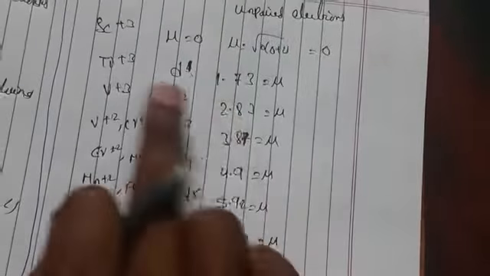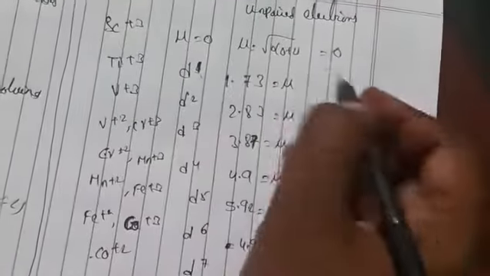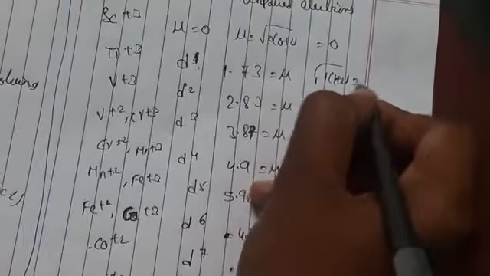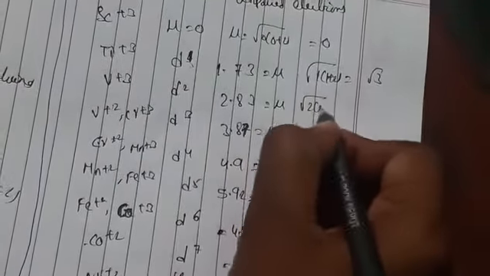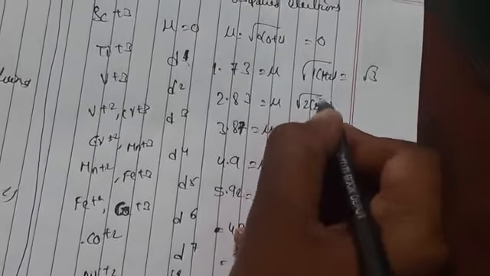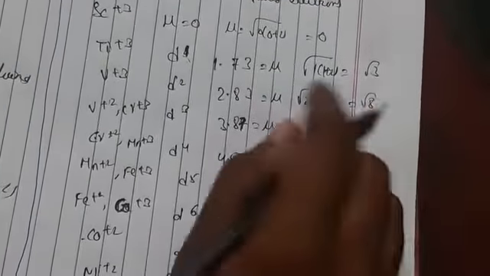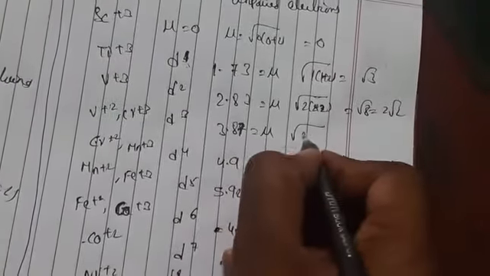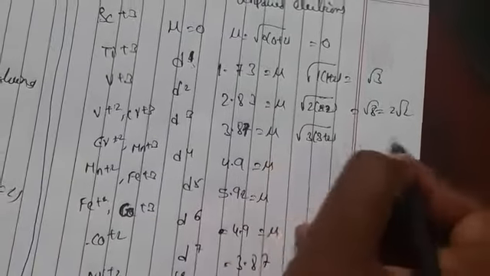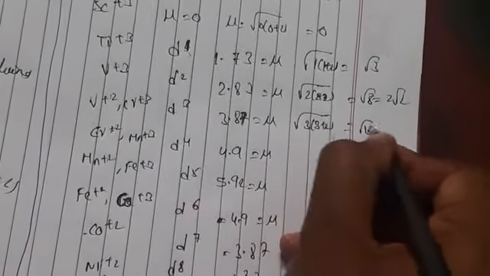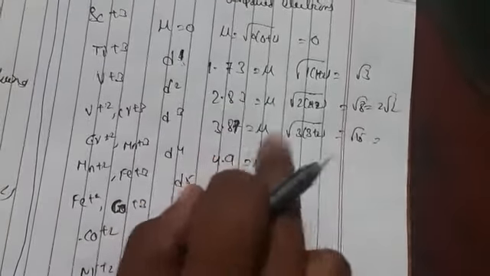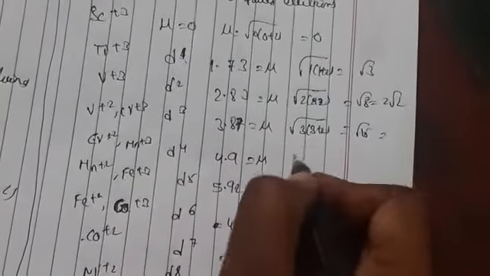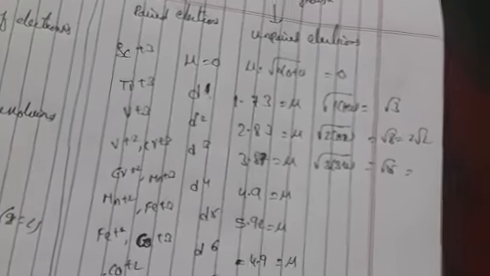So when you substitute in this formula, root over n into n plus 2, so 1 unpaired electron, you will be getting 1 into 1 plus 2, so you will be getting root over 3 value. And if it is 2, 2 fours are root over 8 value, means here you will be getting 2 root 2. And for 3, 3 into 3 plus 2, 3 fives are 15, root over 15 value. So like this the values come from this formula, that is root over n into n plus 2.